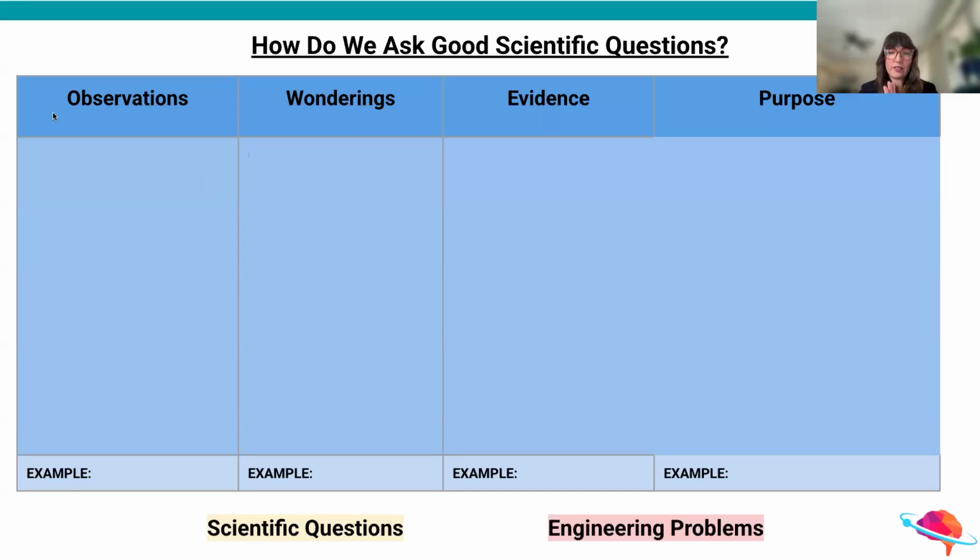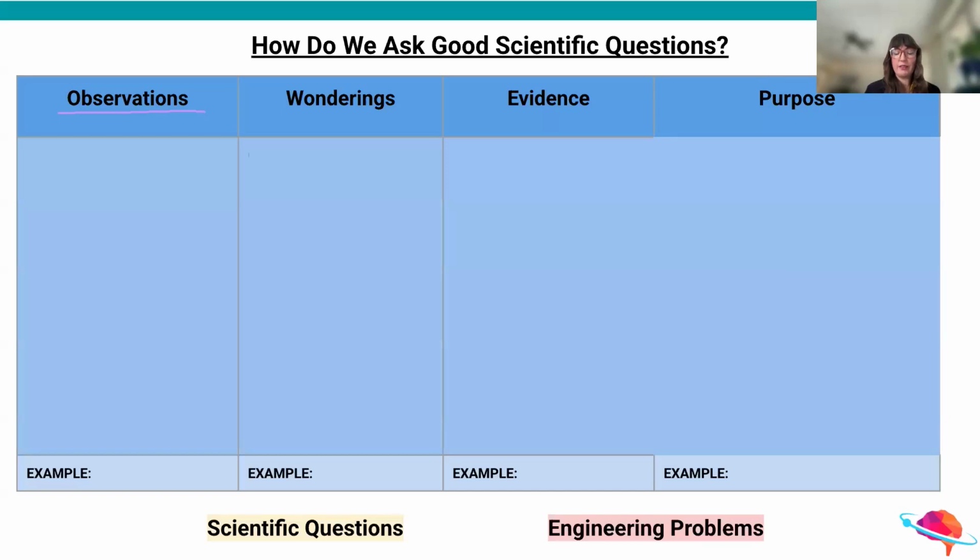And while the language of this is for y'all today, it's not for kids. And while I know some of you are going to have those little bells going off in your head of, gosh, I would reword this for my students, yes, please reword this for your students, because we're thinking right now with our teacher hats on, but we also want to take this scaffold and make it accessible to our students. So we're going to start on the low end of rigor. And this is a step that I feel is often missing when we read through the appendices and how we get students to ask good questions.